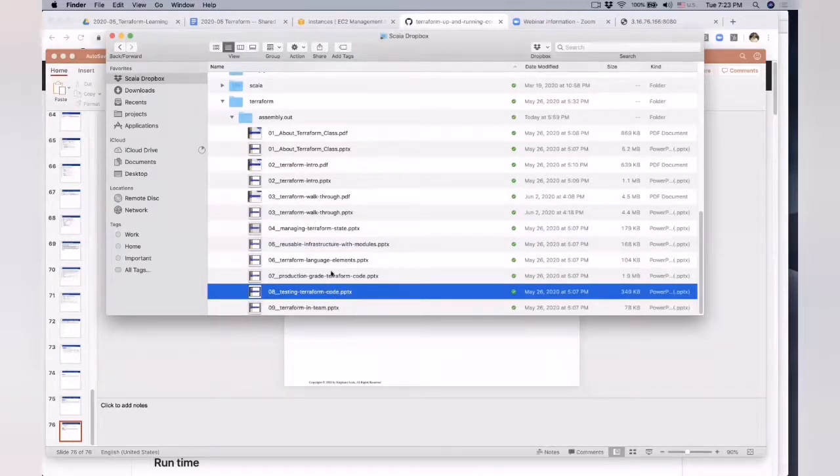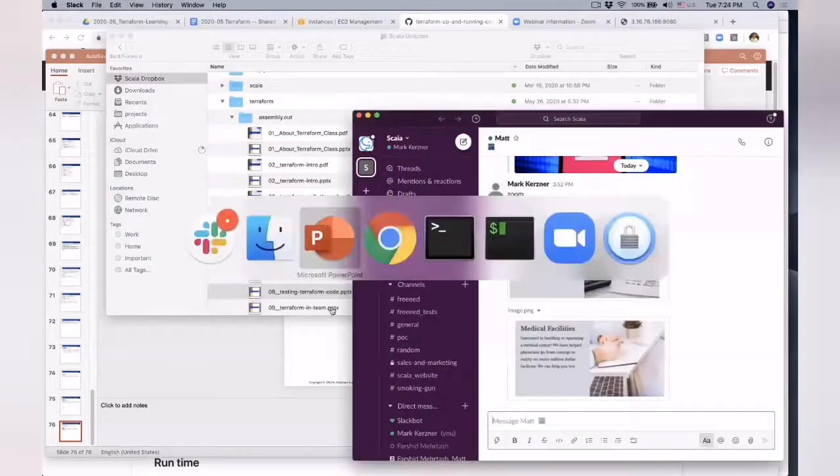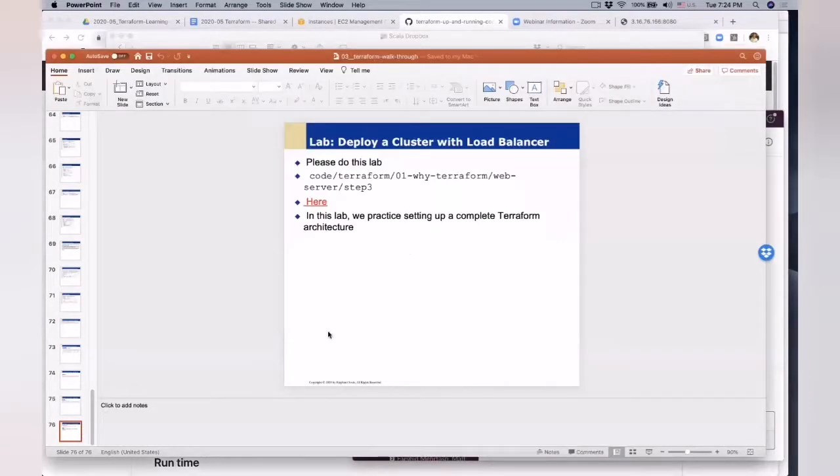So if we go this way, then we will gradually know more and more of Terraform and will become really deep deployment architects. That's way number one, and I'll put it here in chat. One, follow the order.